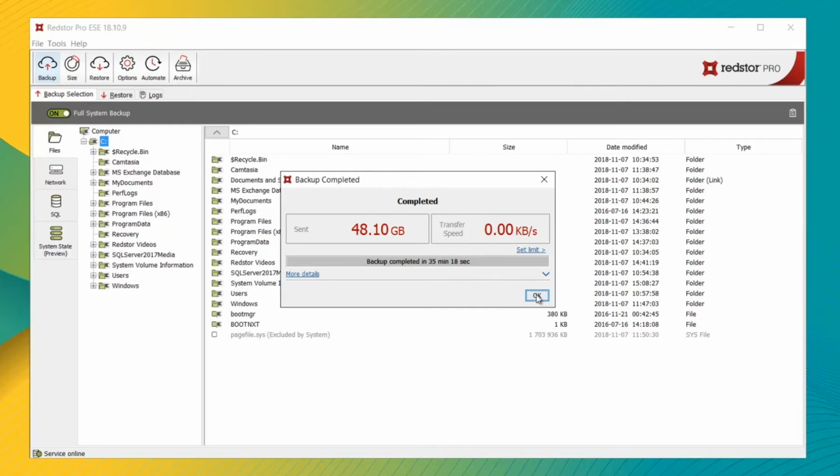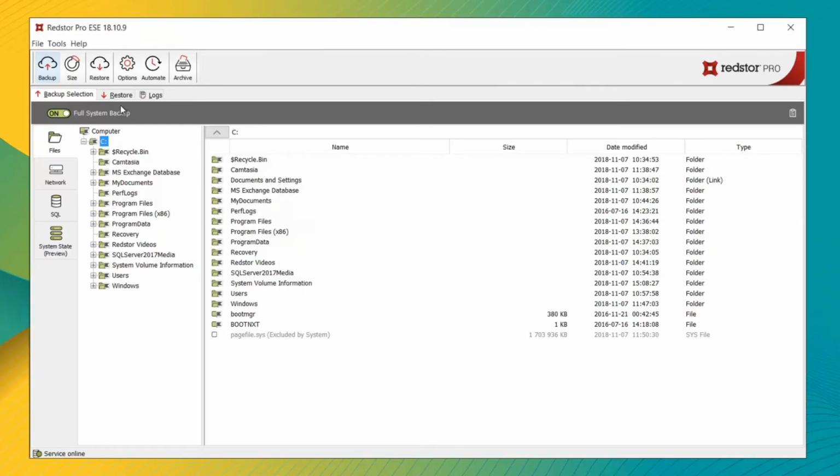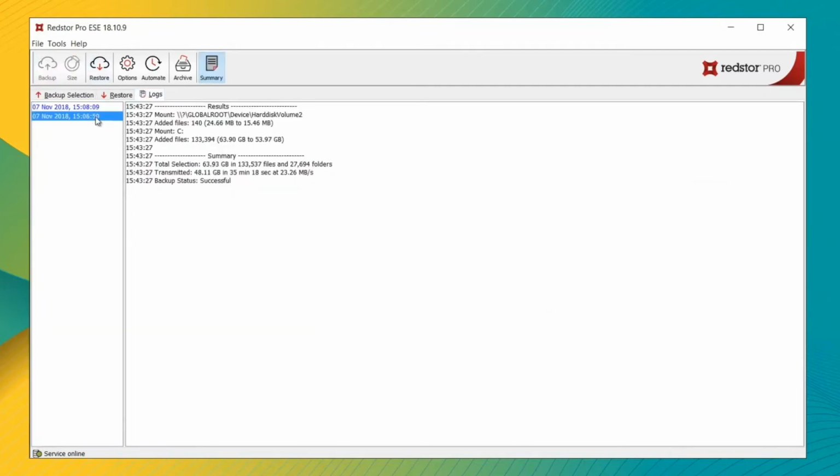So if we click OK, what I will do now is move over to the log tab, and we've obviously got the very first backup where we only selected a few files, which was 12 meg. There's the few files, and that took 9 seconds to do their very first backup. And then we'll look at the second backup,